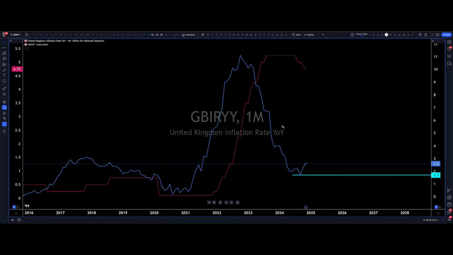Why are they cautious about cutting the interest rate? They don't want inflation to jump or push back. That's why they're cautious. But once inflation goes below the sticky point, it will force them to start cutting the rate aggressively, which can drive the pound aggressively to the downside. So far, the pound is holding higher against the dollar compared